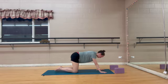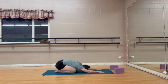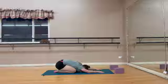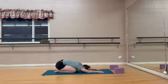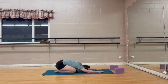Bring the knees as wide as the yoga mat, big toes touching, send the hips back towards the heels. Take a rest here in extended child's pose. Take this opportunity to be present with the breath, stay connected to your breath. You can also connect to your seat of intuition, that third eye chakra, as you feel this soft pressure right at the center of your forehead,